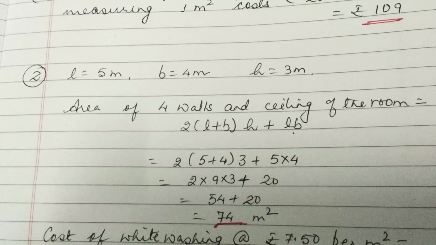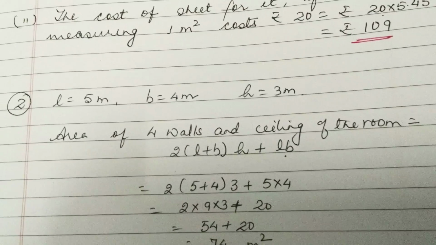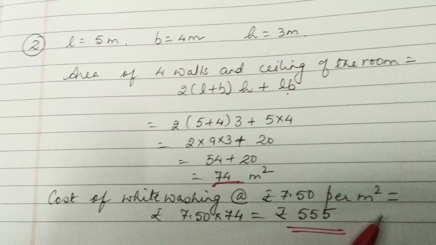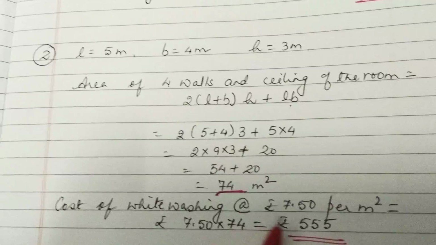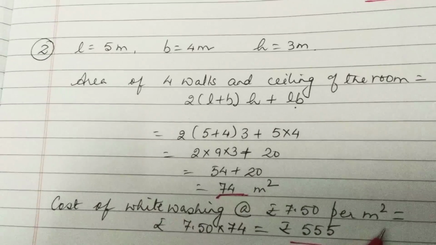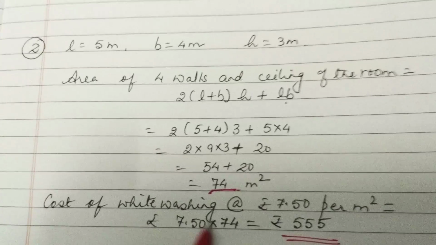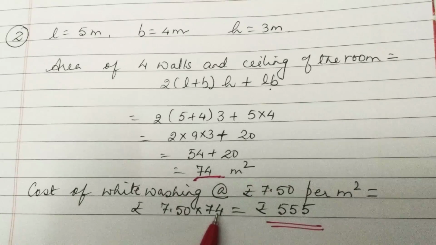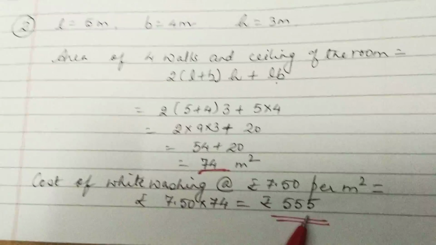Now what is the cost of whitewashing? We have to find out the cost of whitewashing at the rate of rupees 7.50 per meter square. So the cost of whitewashing will be, you just multiply this rate with the total area, that is 74. When you multiply, you will get rupees